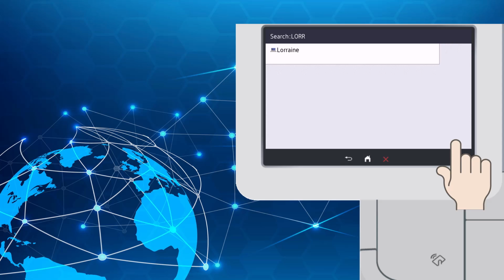On the LCD, we can now see the result of your search. Select the name you require. There may be a list of names depending on how you have searched, i.e. name, surname, location, etc.